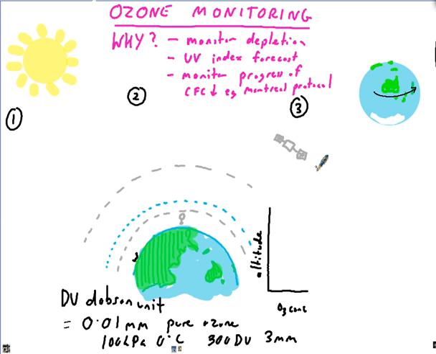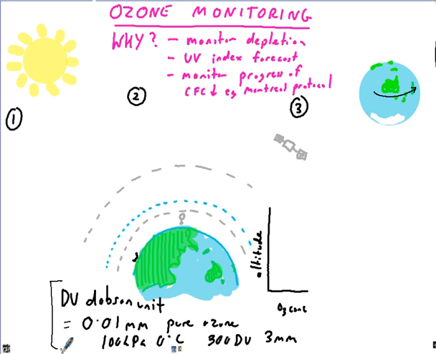Before we look at how they monitor, and there's monitoring in three different ways, we have to look at how we actually monitor. What are the units of monitoring ozone? And the units are something called the Dobson unit. And one Dobson unit is equivalent to a pure ozone layer 0.01 millimeters thick if it was at 100 kilopascals